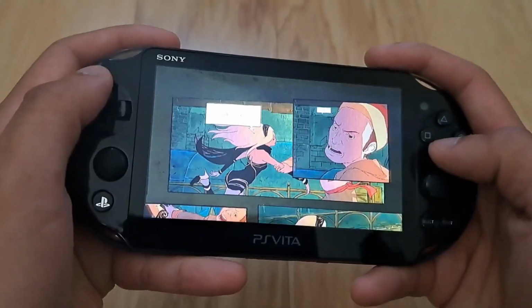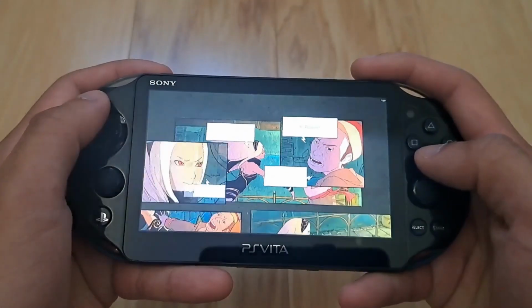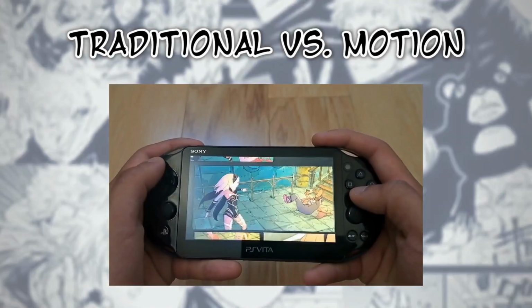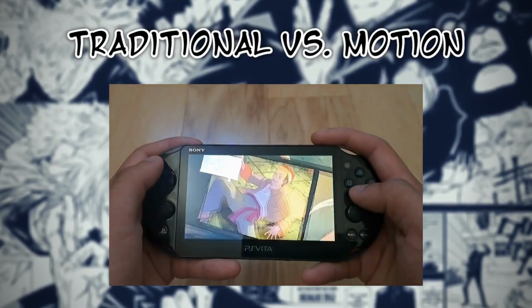This refers back to the point of the argument of whether or not motion manga is an essential option for communicating narratives. With a comparison of these presentation styles, it's clear to see that it's significant. Not only does it enhance the art, but it also makes it more accessible.